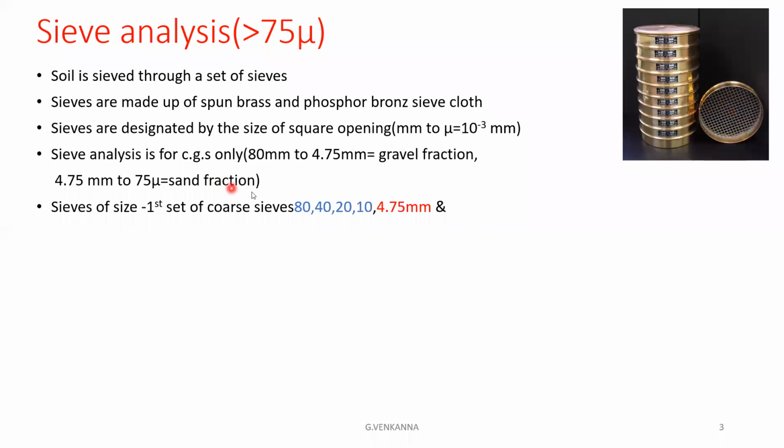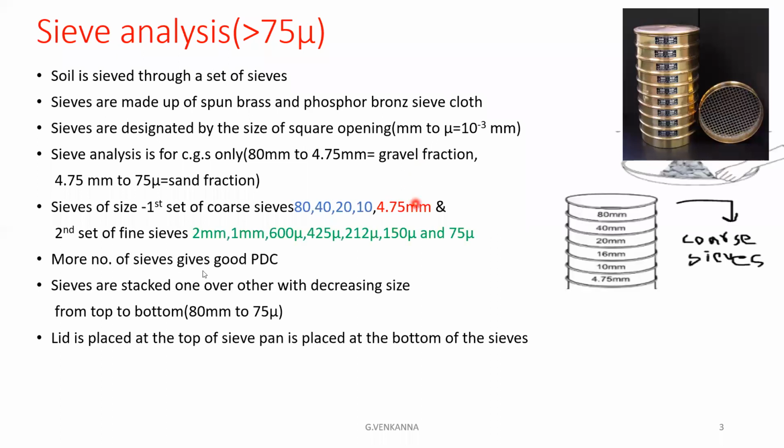So generally the coarse grain soils for the sieves is 80 mm to 4.75 mm, that is known as gravel fraction, and 4.75 mm to 75 micron is known as sand fraction. The first set of coarse sieves is 80, 40, 20, 10 mm, 4.75 mm. These all are called gravel fraction sieves, or a set of coarse sieves. The coarse sieves are generally used for the gravel fraction, and the second set of sieves, 2 mm, 1 mm,